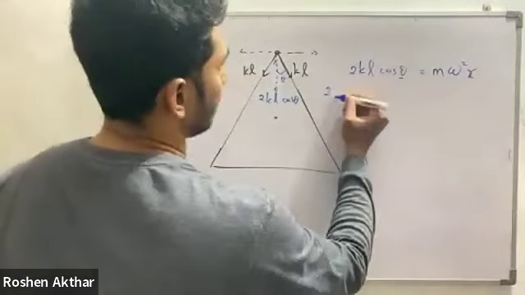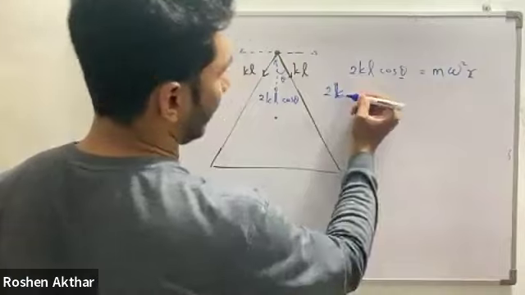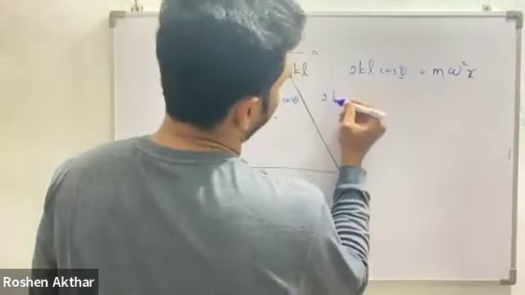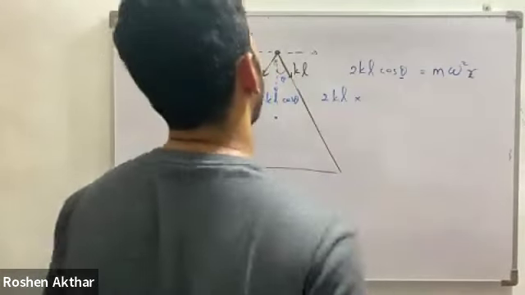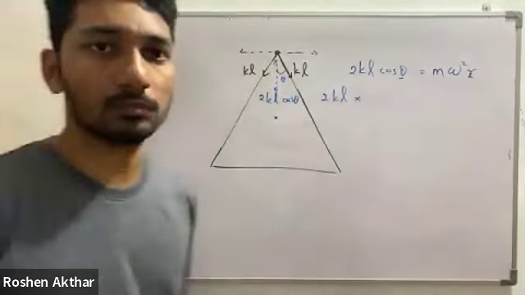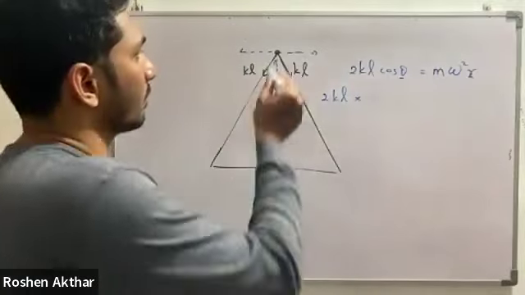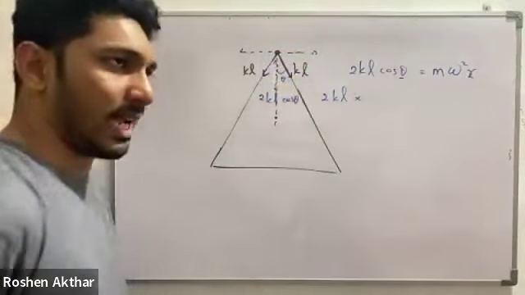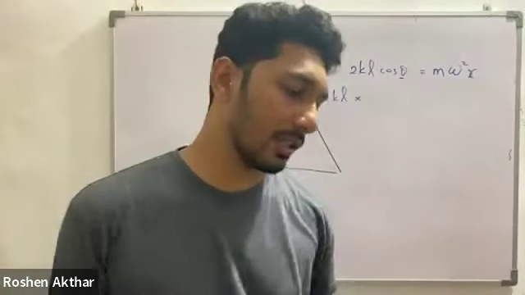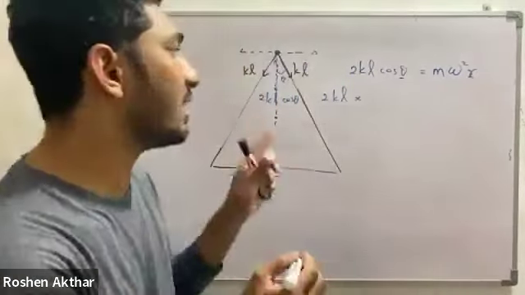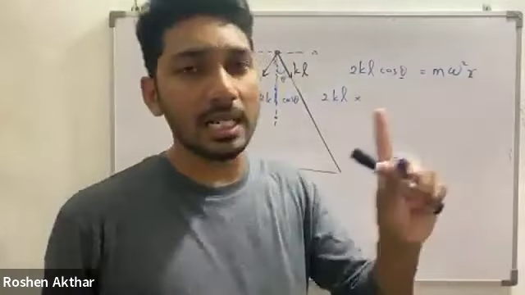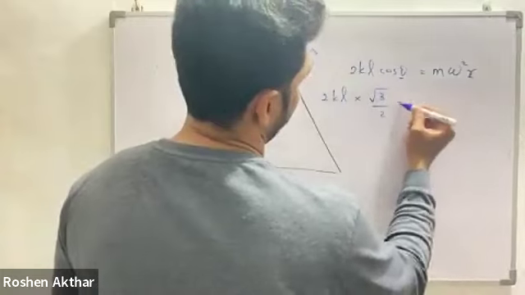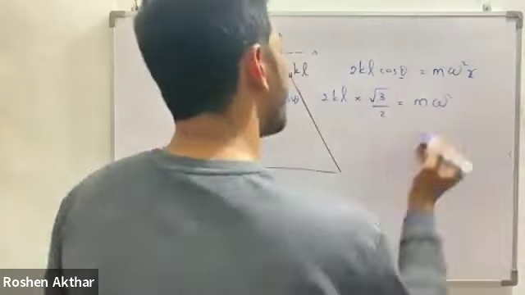So here you can take it as 2KL, 2KL. What is theta here? This line will bisect this angle. Angle of the equilateral triangle will be 60. So theta is 30. So cos 30 is square root 3/2. M omega squared R